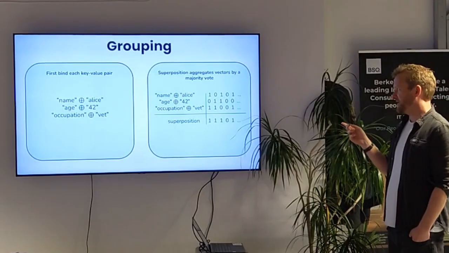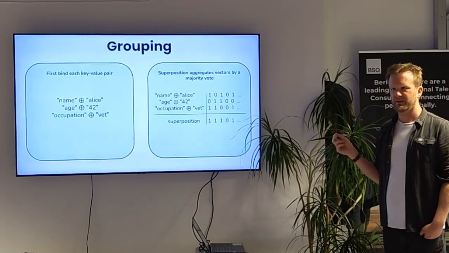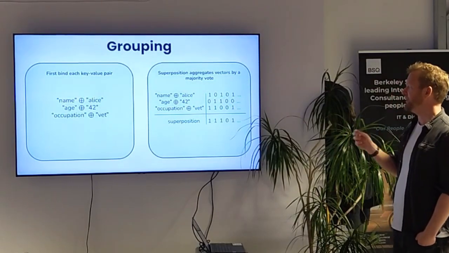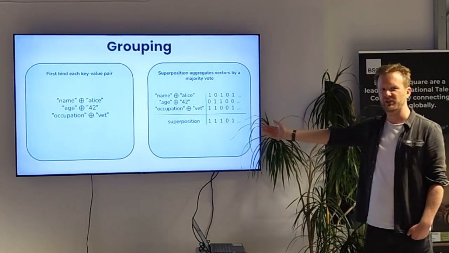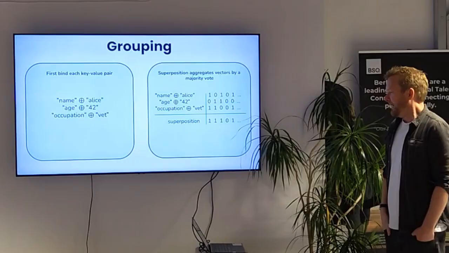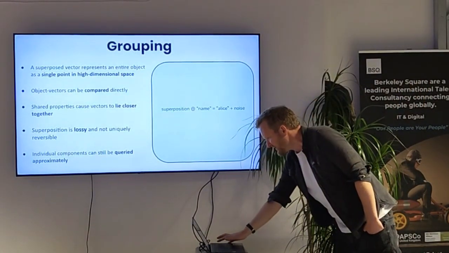Now this is a lossy operation, right? We can't just unpick this operation. This isn't like the exclusive OR where you can just undo it, because obviously there's any number of vectors that would map to that superposition, so we can't just perfectly unpick it. However, it turns out, let's check this next slide. Yes, so